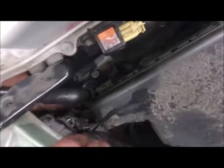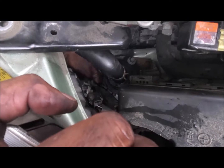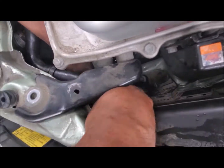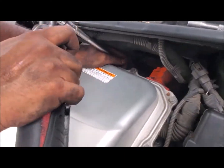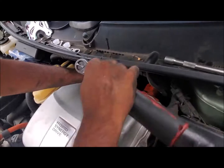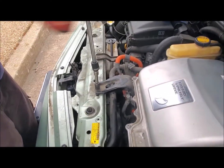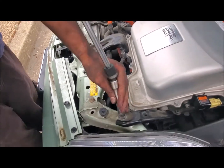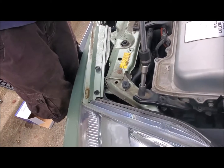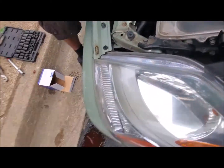And after that, all you have to do is put the 3 bolts to the inverter. It's coming up right there. So tighten up all 3 bolts. After that, put the front plastic cover on and fill it up with coolant. Sorry, I didn't get that on video. Make sure to use the Toyota pink coolant on it. Job is